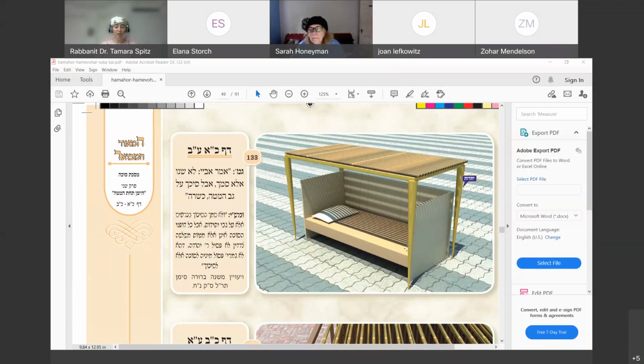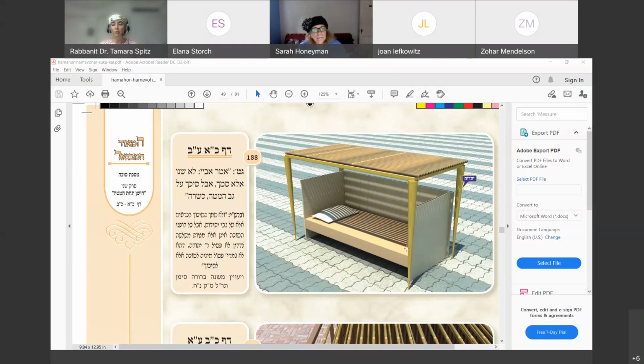Let's go to Daf 22. Daf 22, the Mishnah tells us that if the schach, if the roof is miduvlelet, which we don't know what that means yet. We'll hold off in a minute. The Gemara is going to explain what that means. But if the roof is this word, and if there's more shade than sun, then it would be okay. It's a valid sukkah. But if it's very, very thick, though, even though you can't see the stars, it is valid. So now the Gemara needs to explain to us, what does this mean,